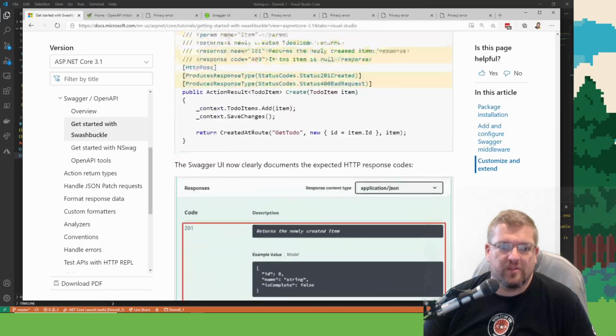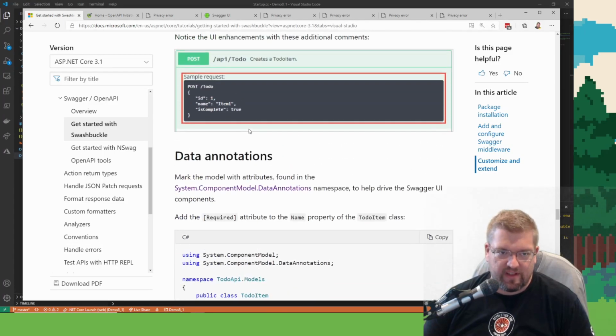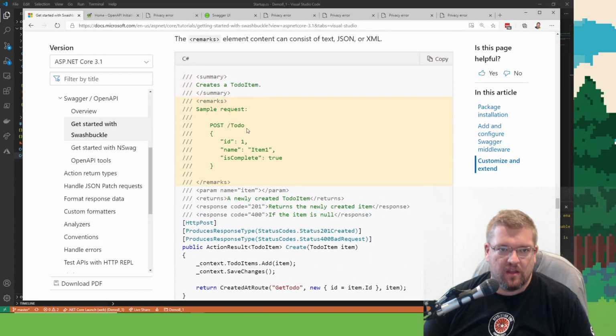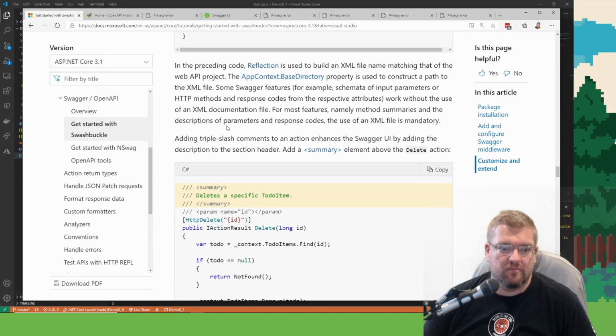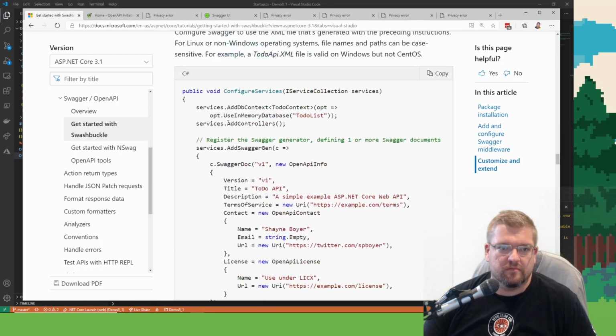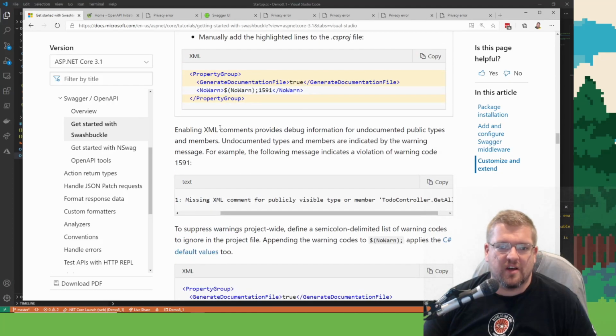Oh, let me go back through their demo to do the XML comments, because I thought that was really nifty. Let me find them. All right, so enabling XML comments provides debug information for undocumented public types and members.